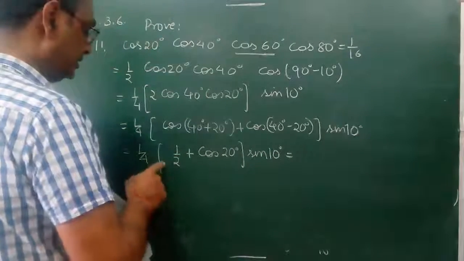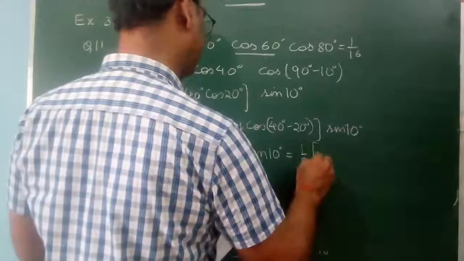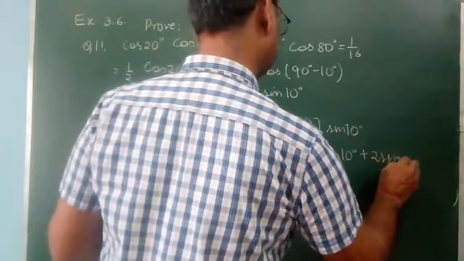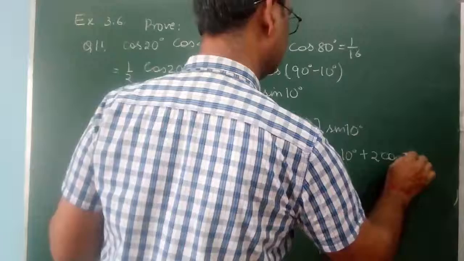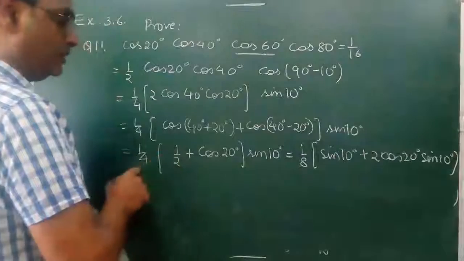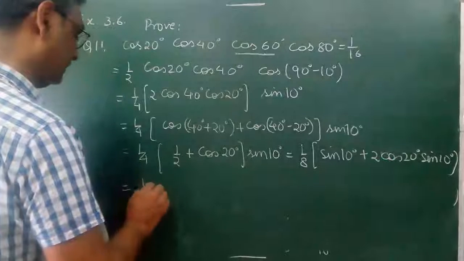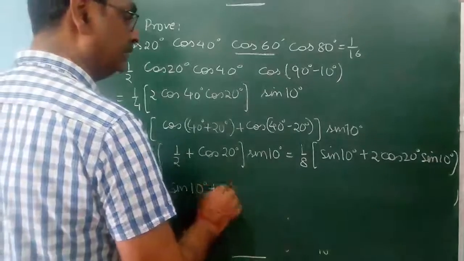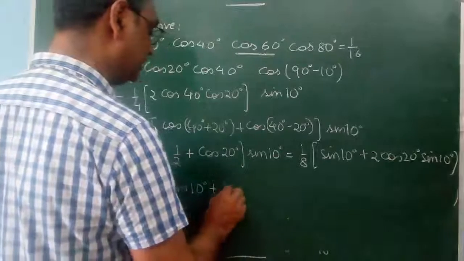We can take this out and we can multiply by, so 1 by 8. We have taken 1 by 2 out and we have multiplied these two with sine 10 degrees. So we will be getting this one. This is 2 cos 20 sine 10. So the formula is sine